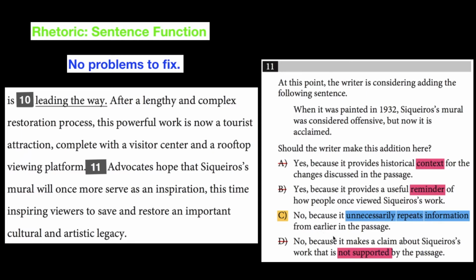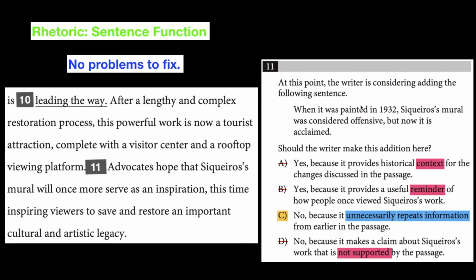It agrees with the information. You can't say that it's not supported. In fact, it does support this sentence. This could be like a topic sentence, a main idea sentence you put at the very beginning of your writing, but you don't stick it at the very end. We already understand all this information, and if you've read the paragraphs, then you agree with this. So that's why D is not true.